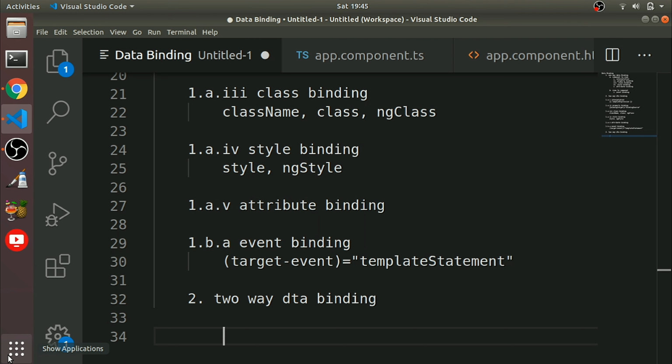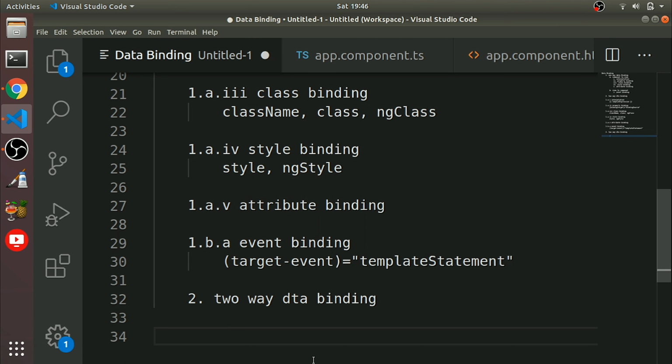That means data flow will happen in both directions. In real life scenario, I can give the example of data entry forms, where if we are entering anything in the form, it will reflect in the component, as well as if any changes happen in the component, those changes also will reflect in the view.